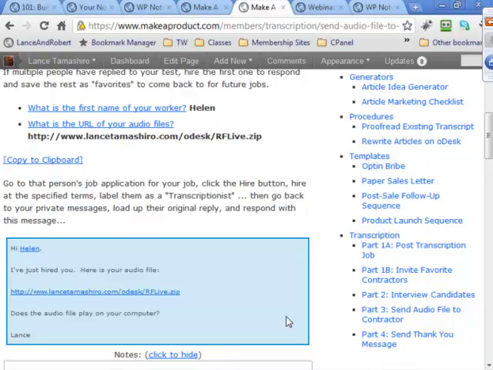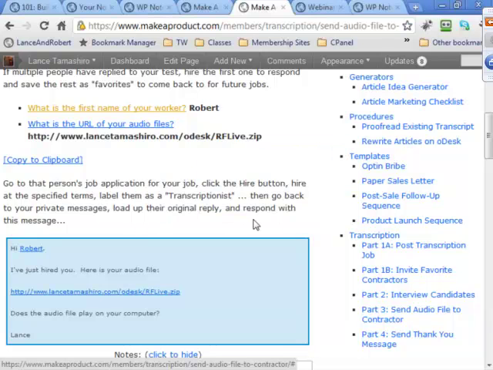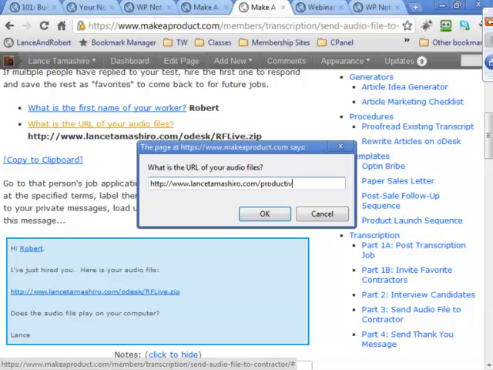So like we talked about at the beginning, let's say you wanted to have a real estate rental agreement that people could fill out online. Well, this is basically the same type of thing. So instead of having them fill all this out, figure it out, and change it on their own, what we're actually able to do is now, instead of hiring Helen, I'm going to hire Robert. And the audio file that I want to have is no longer here. It is here.